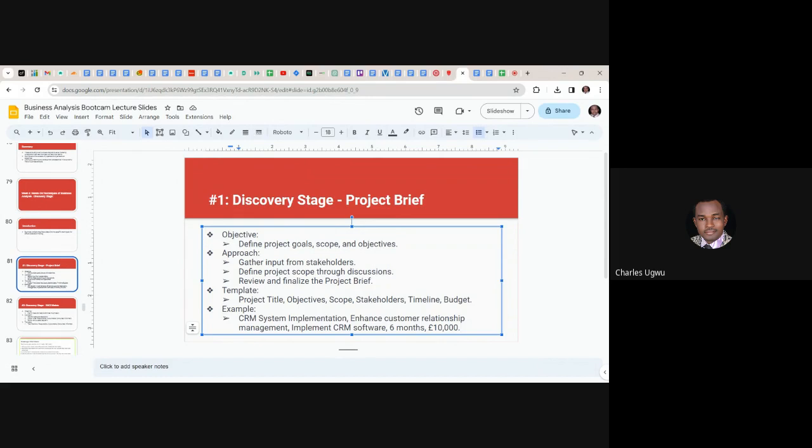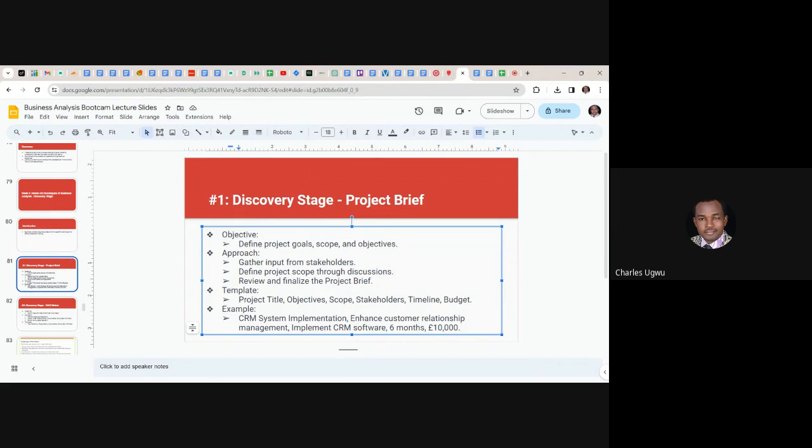So to do that, we apply a technique called RACI matrix. We can equally use stakeholder analysis. We are going to do both of them,